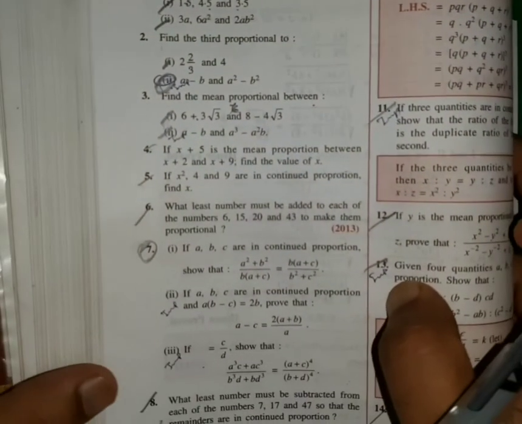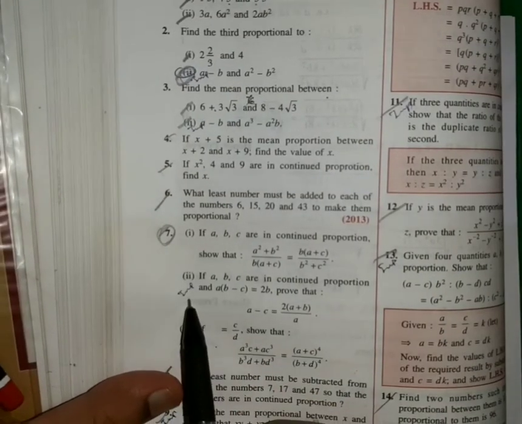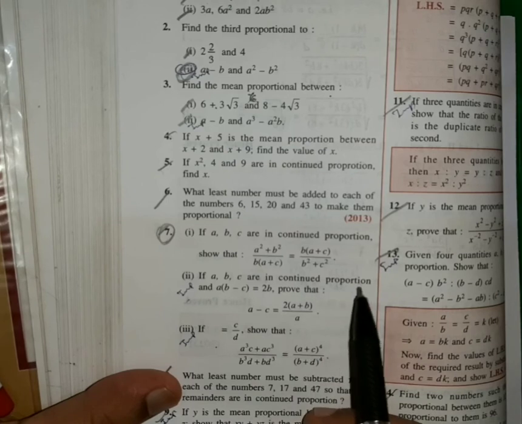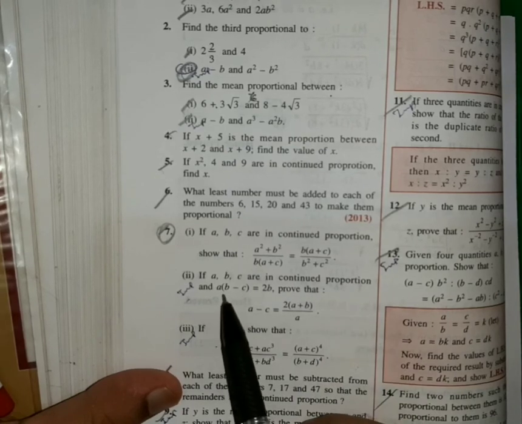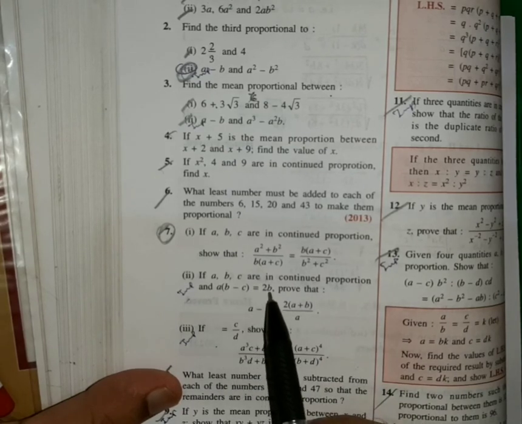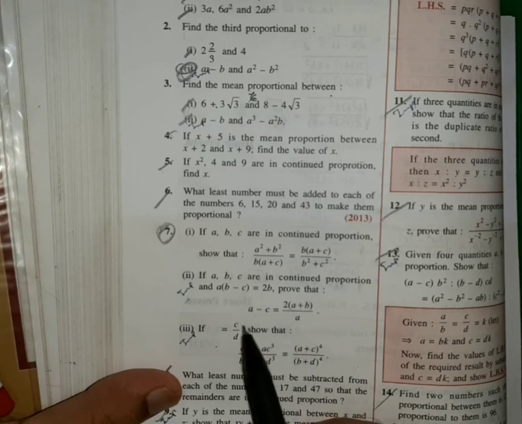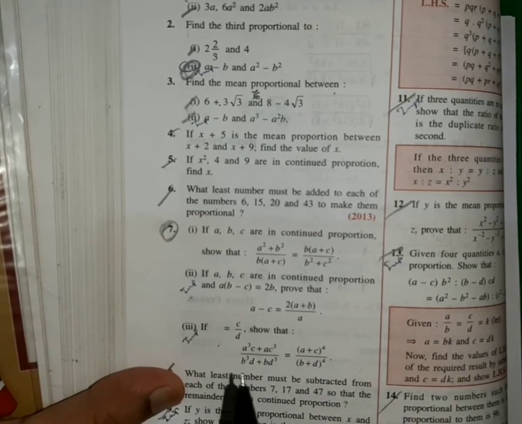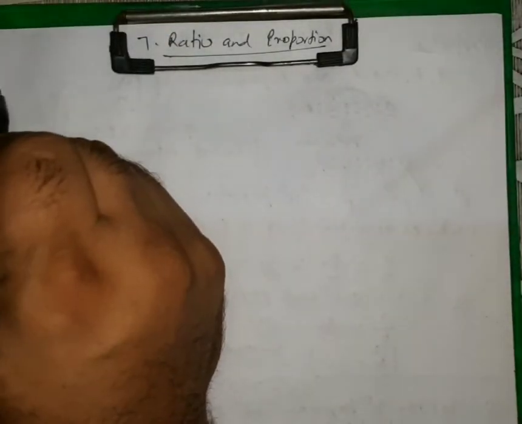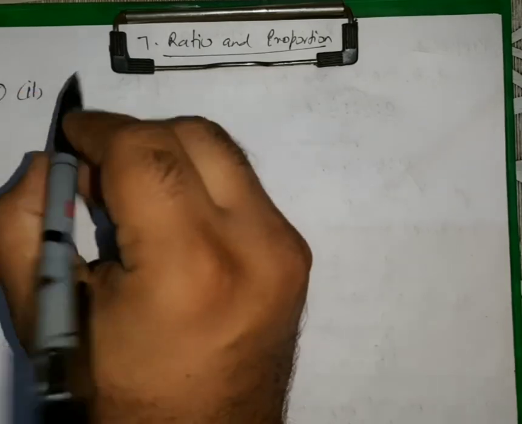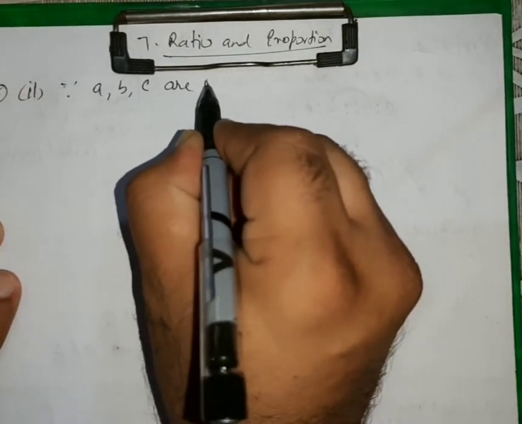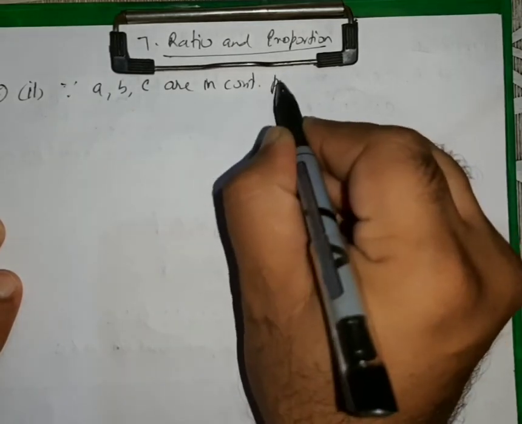Now I am taking the next question, 7th question, second part. So in this, a, b, c are in continued proportion and one more condition is given, a multiply b minus c is equal to 2b. Then we have to prove this, a minus c equal to twice of a plus b over a. Now here, since a, b, c are in continued proportion,